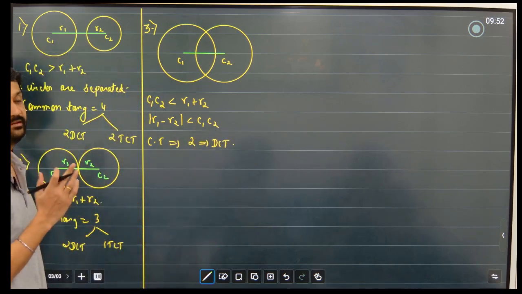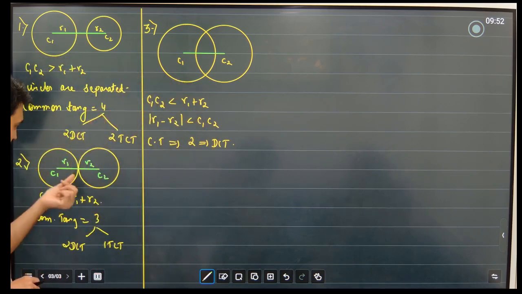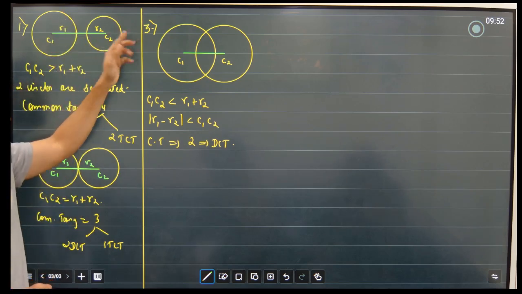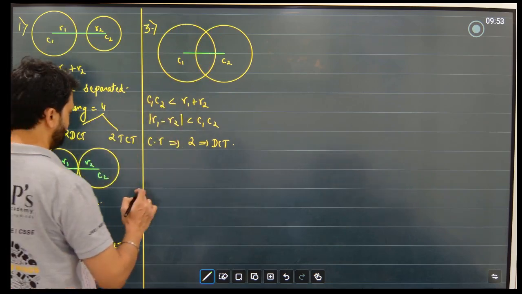There won't be any transverse common tangent. We can't make any transverse common tangent. Here, a transverse common tangent could still be made. Here two transverse common tangents will be made, but here transverse common tangents will not be made. Okay. Next,